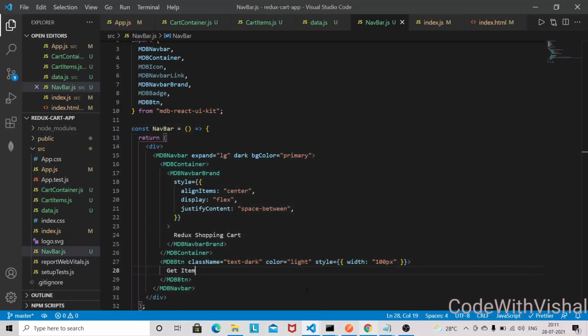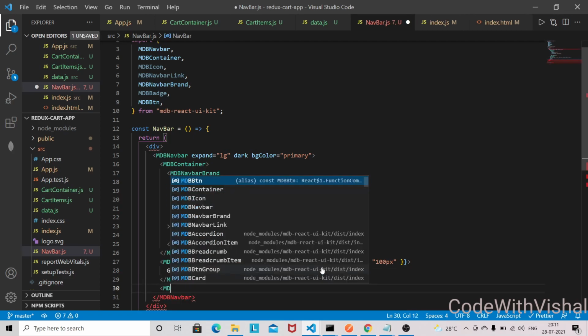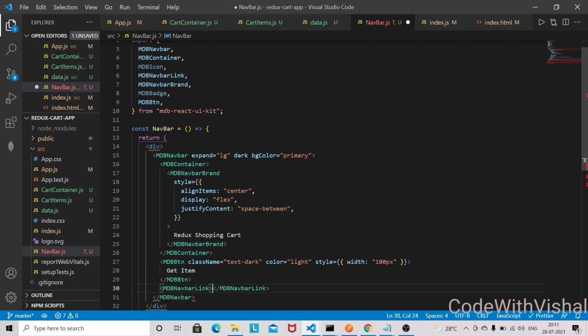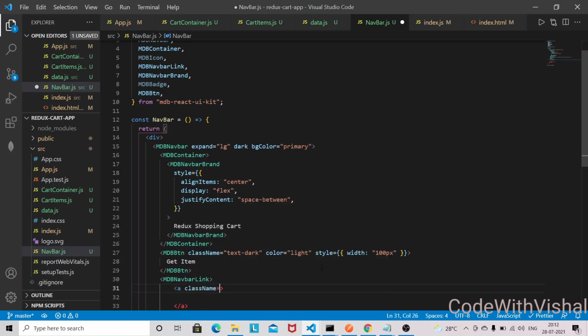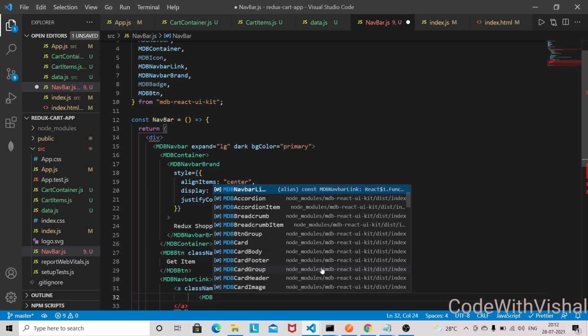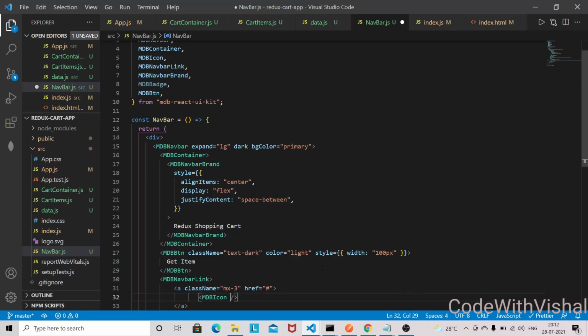And the next thing we'll have one link, MDBNavbarLink. So I'm going to use this one. We'll have the class name here, className mx-3, href, and it will be hash only, and we'll have the icon, MDBIcon, and I'm going to use the Font Awesome icon.